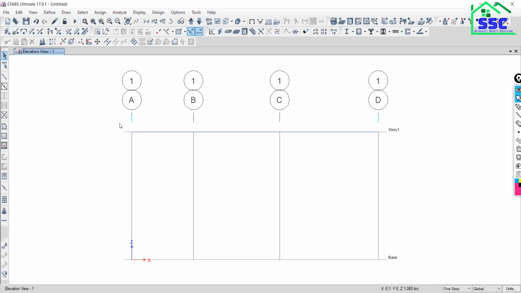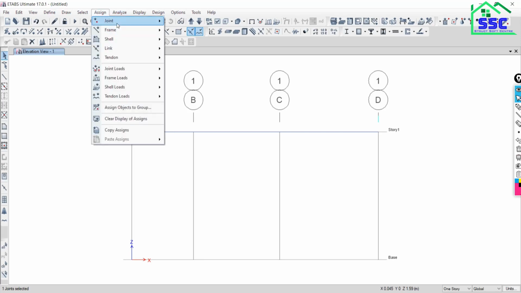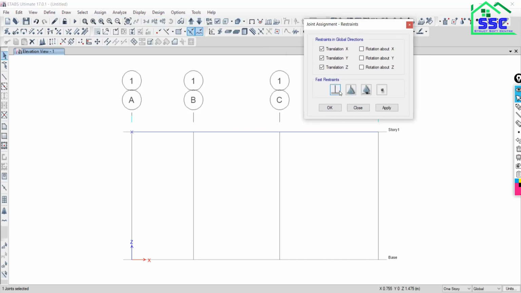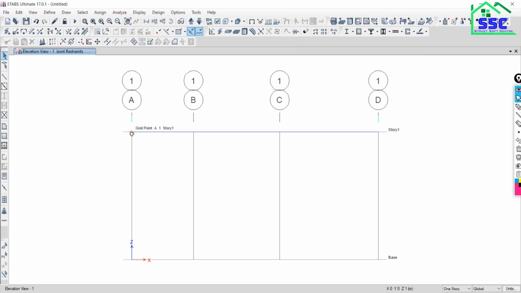Now drag from left to right and select the joint. As you can see, one joint is selected, so there is no issue. Now go to Assign, Joint, Restraints. As we want the fixed support here, click fixed, apply, so that the fixed support is assigned to the joint.